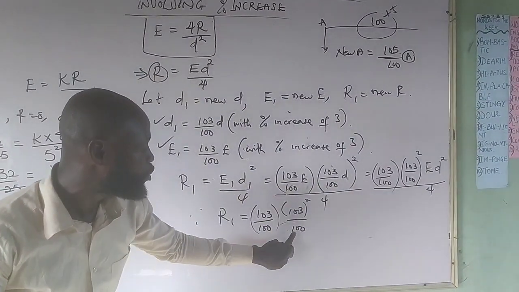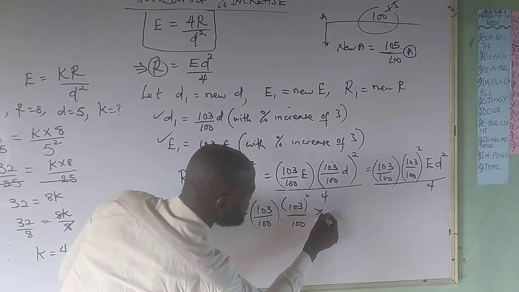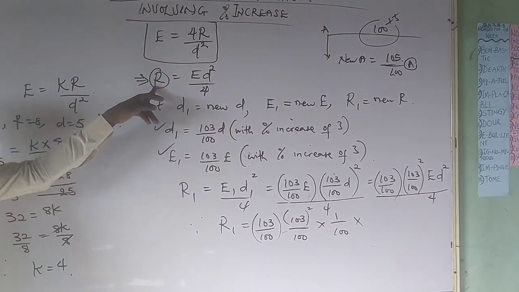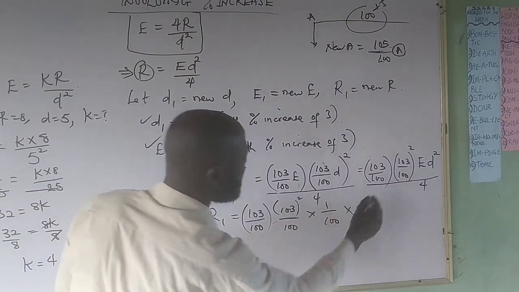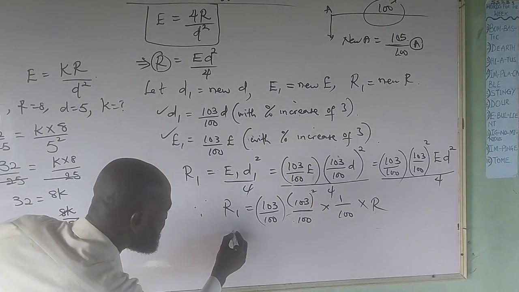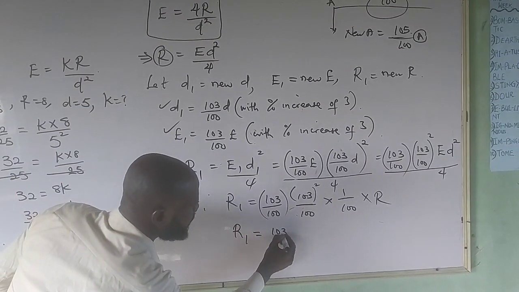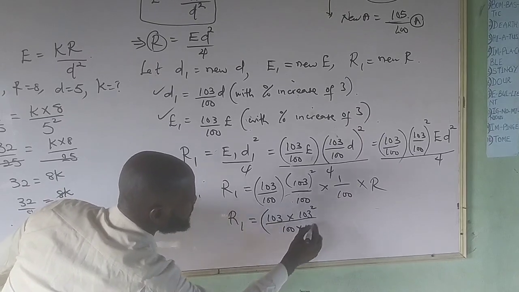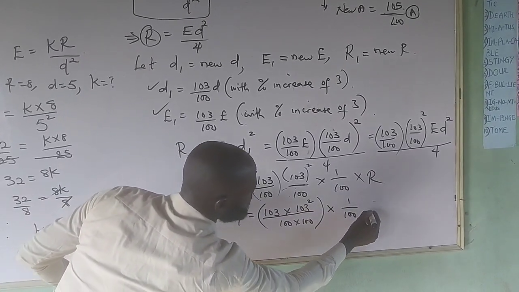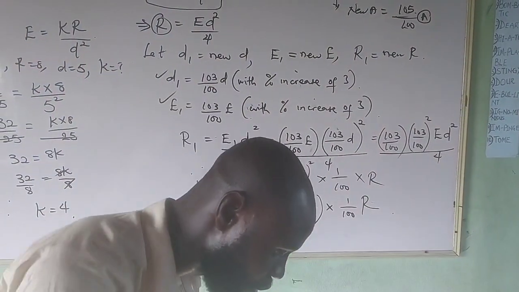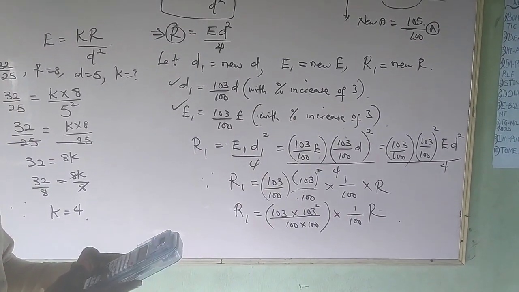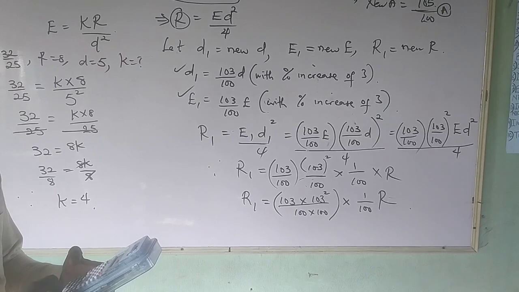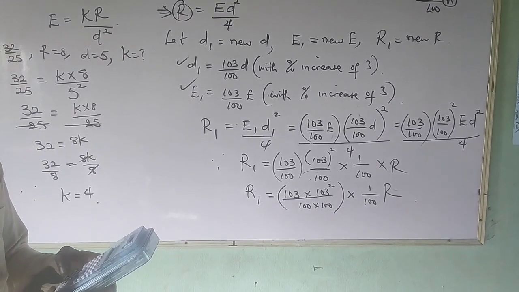Then this will now give us times 1 over 100, where we are replacing ED squared over 4 by R. So R1 is equal to 103 times 103 squared divided by 100 times 100, close bracket, times 1 over 100 R. So with the help of our calculator, not to waste time,